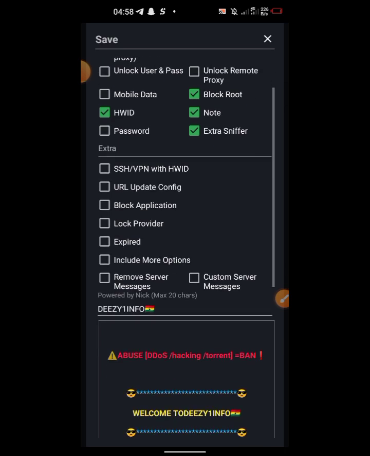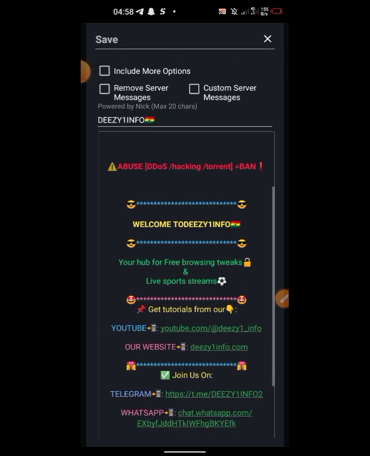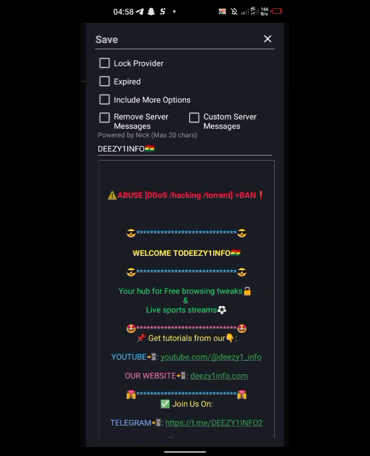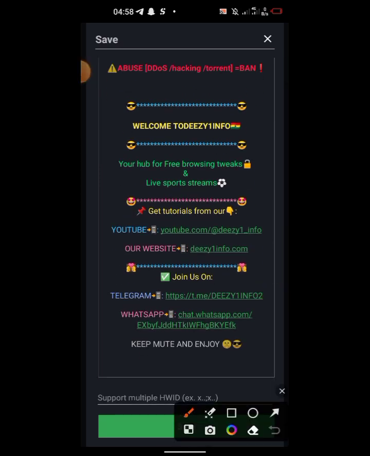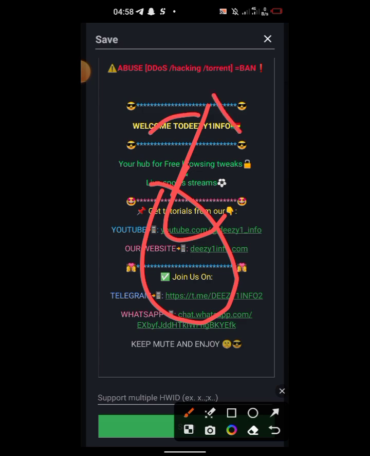After then, you come down here, you can remove server messages and all that, then put in yours. Here you place your information, that if anyone is interested in free VPN files, they should join your group or this particular channel for tutorials on how to create their own files.